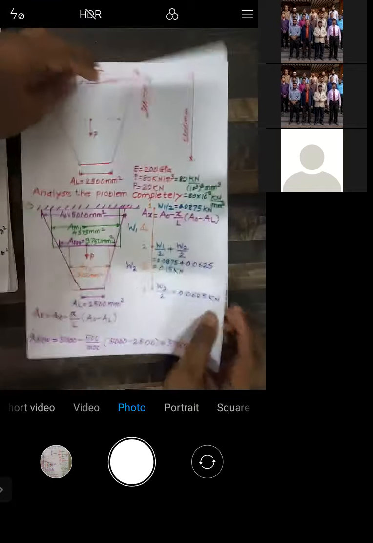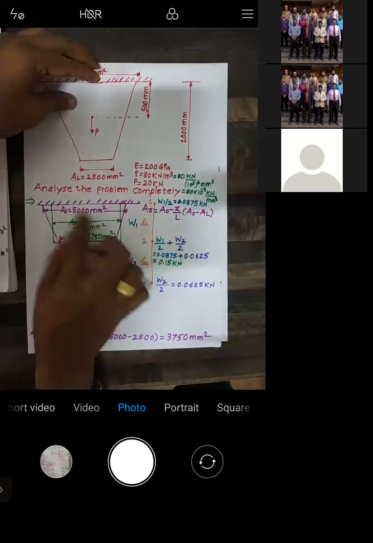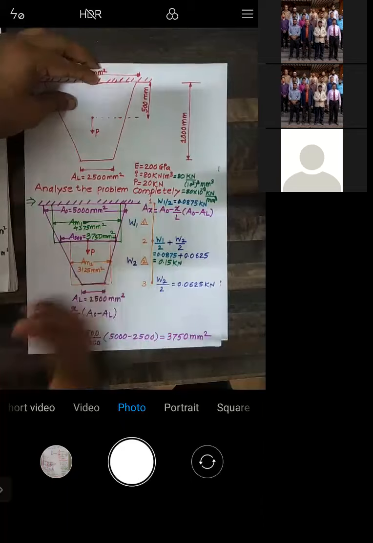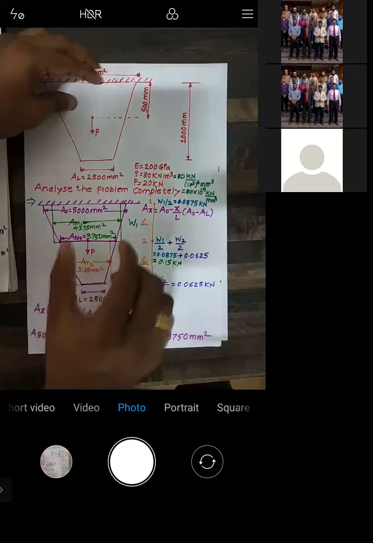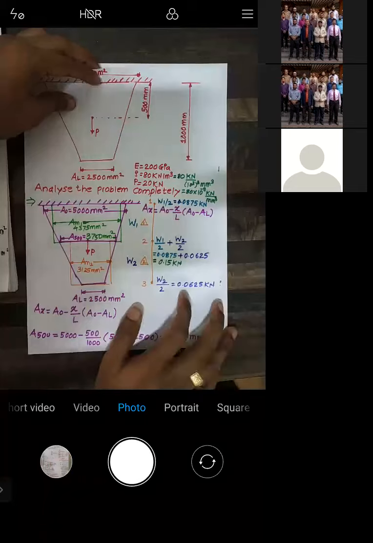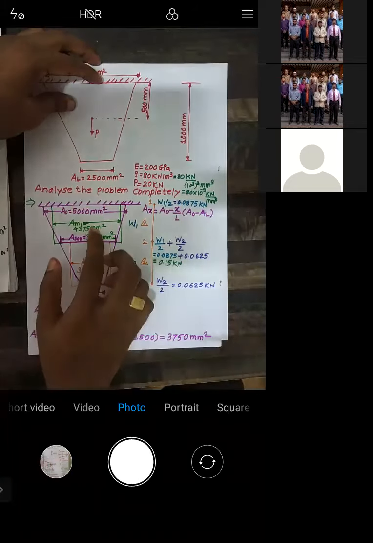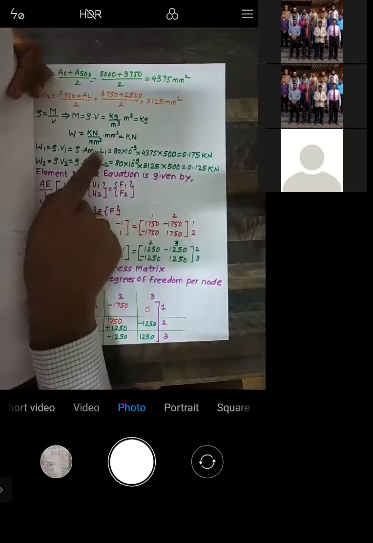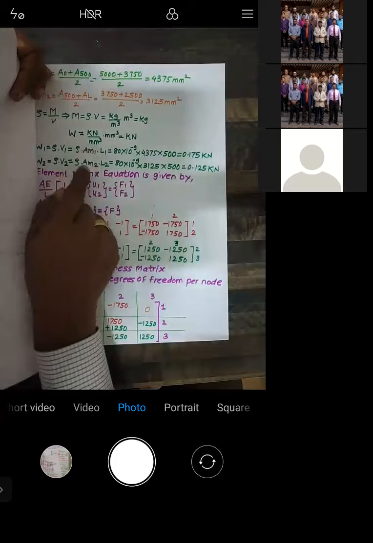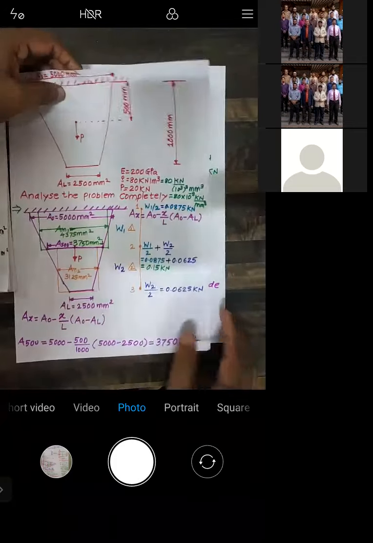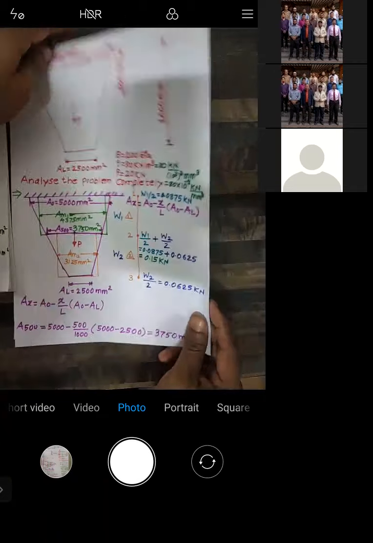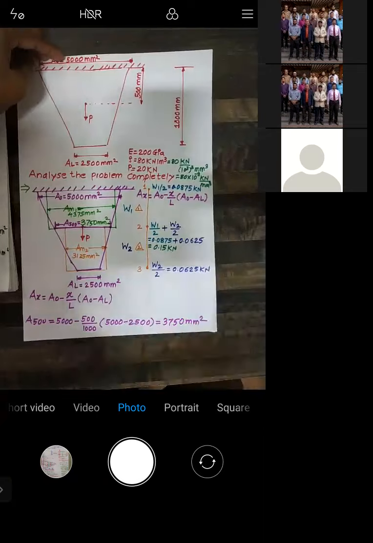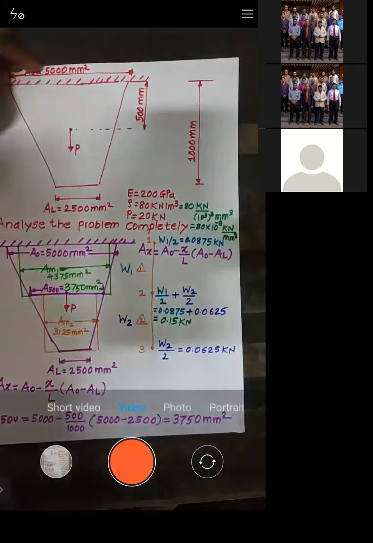See, for this particular element number 1, cross section area is 4375, and for this particular element the cross section area is 3125. Now how can their weights become equal? Yes, it can happen, not a problem, provided they have the same length as well as the same cross sectional area. Then only it will be the same, right? Okay. Is that okay? Yes sir. Okay, is there any doubt or difficulty with this one?